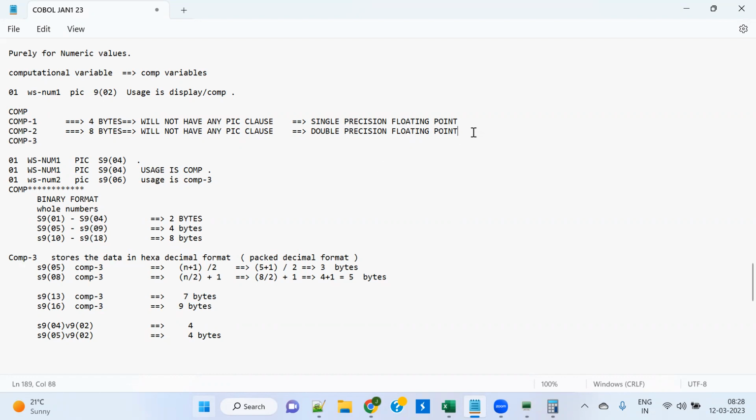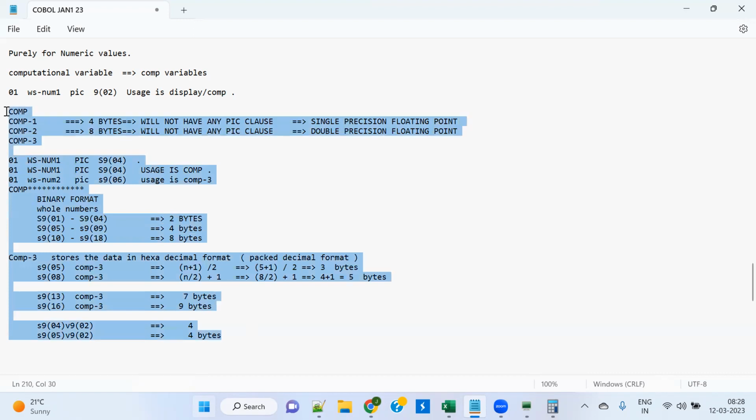So this is about COMP1 and COMP2. You don't need to have much on this. So COMP and COMP3 are the most important and the real time use thing. And even in the interviews, they will ask you about COMP and COMP3 only. So this entire thing, what we do is,